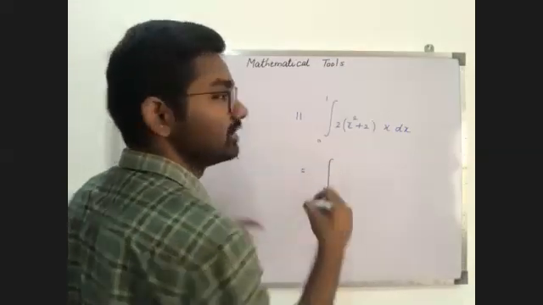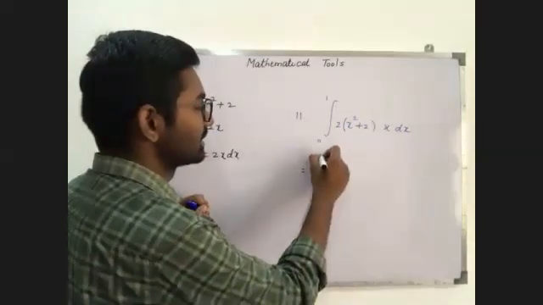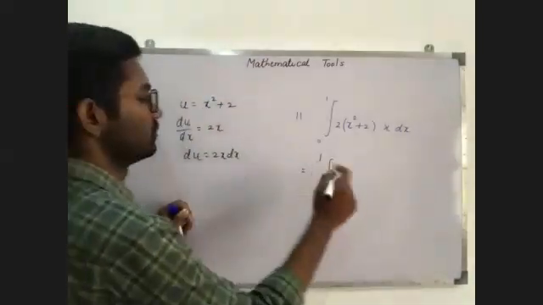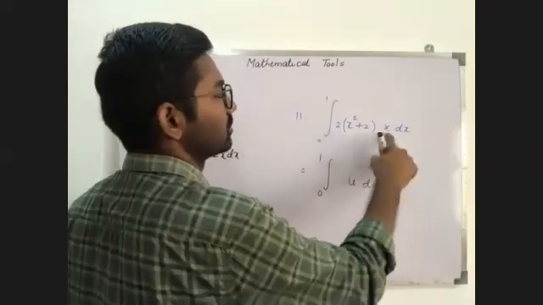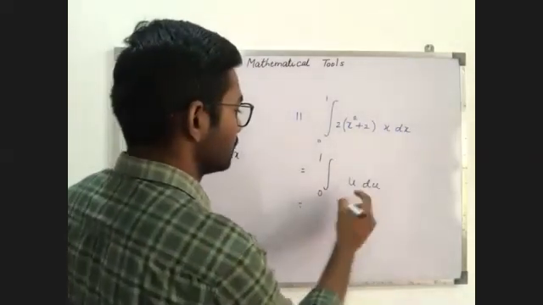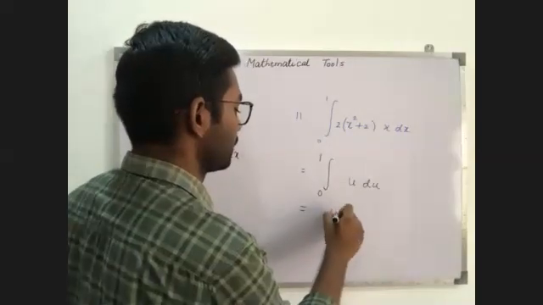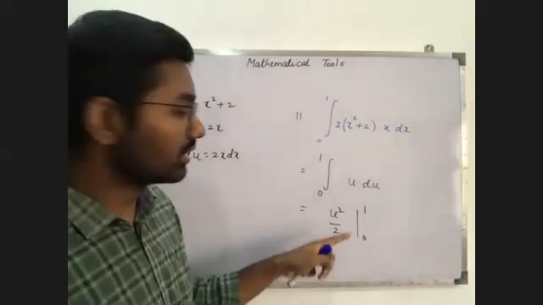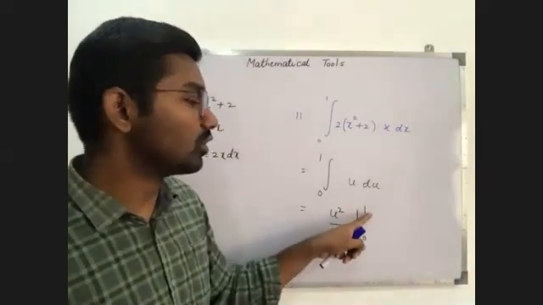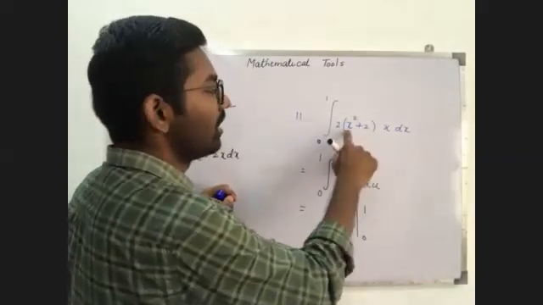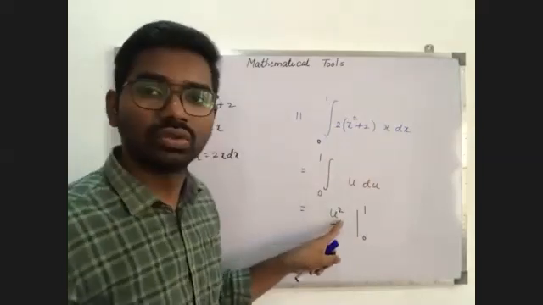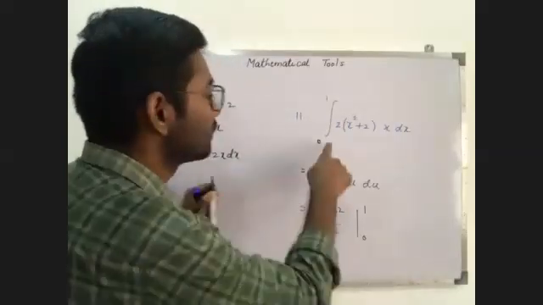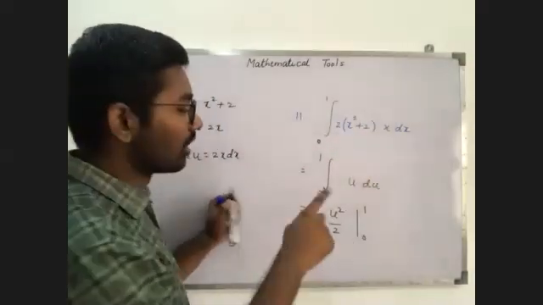Look here guys, when you use substitution, put the limit the same, don't change the limit. Here x square plus 2 is u, so u du, because 2x dx is nothing but du. So u du is nothing but u square by 2, 0 to 1. Still I am not using the limit here. Don't put the limit in u because this limit is for x, not for u. Is it clear to everyone? Whatever the limit I have been given, this is for x because the variable is x, not u.